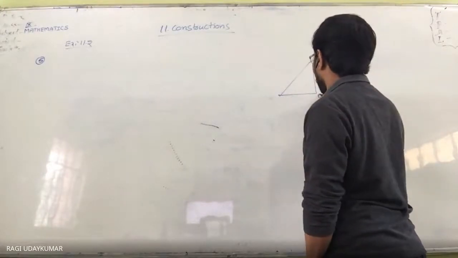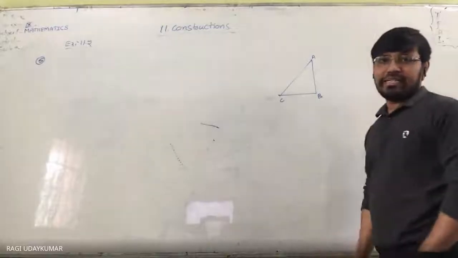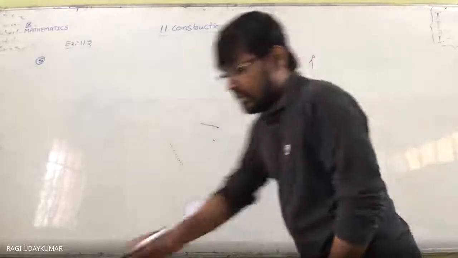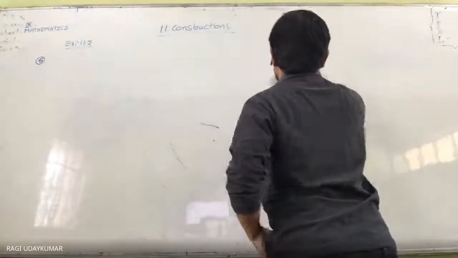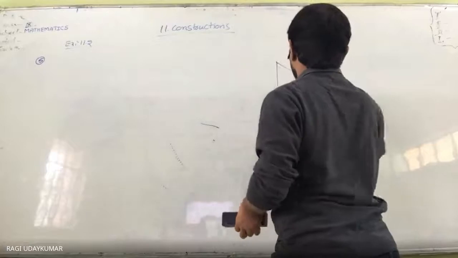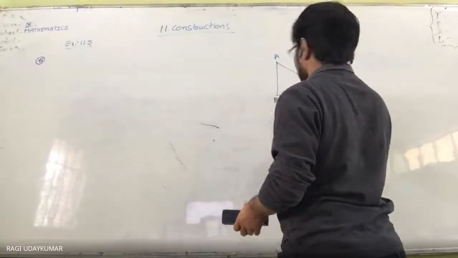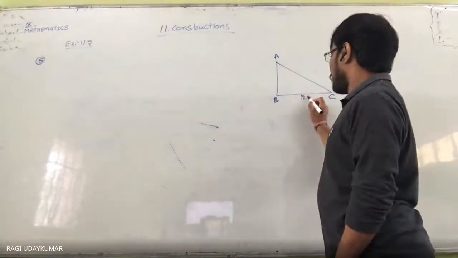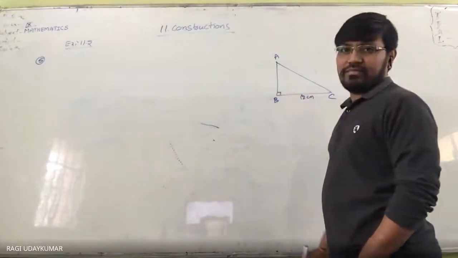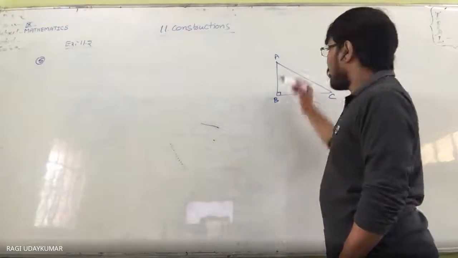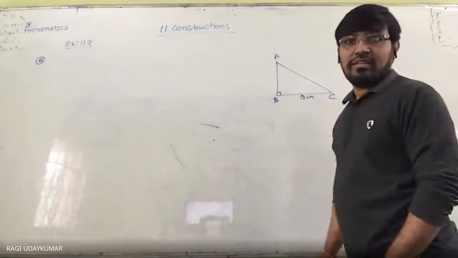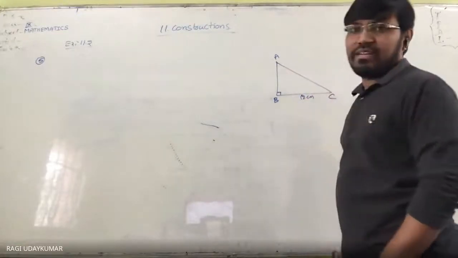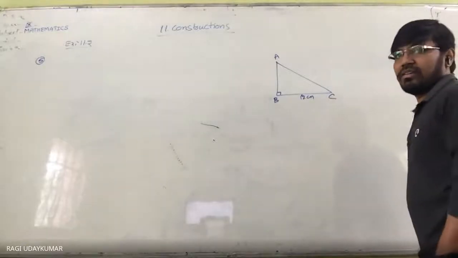A, B, C. Angle B 90 degrees considered. BC is given. Or if you take here, if you get confused, like this also, it doesn't. A, B, C. BC is equal to 12 centimeters. Angle B 90 degrees. And sum of these two sides is given. Sum of the hypotenuse and other side. ये दोनों का sum is given. Can you do it? First problem की जैसा.